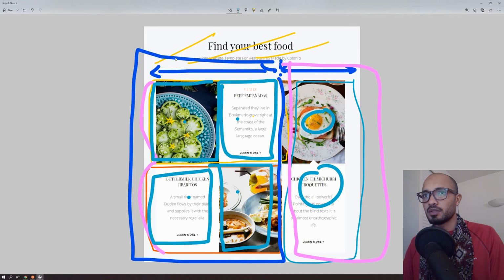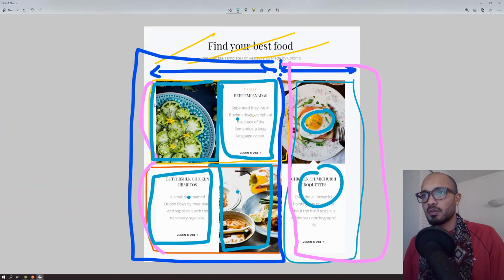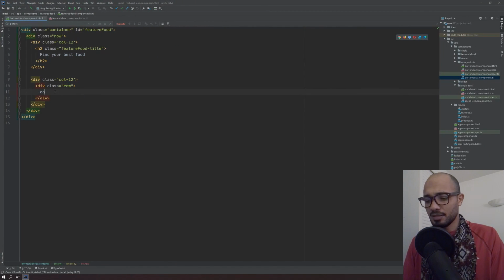So we'll have a big div here, which is basically the wrapper, so it's already there. Then we start by dividing this into two major columns. This will be like col 3 or 4, so col 8, and here col 4, to divide the 12 columns into one third and two thirds, one on four and three on four. Okay, just forget what I said in the last second. Col 12 or col 8 dot col, and